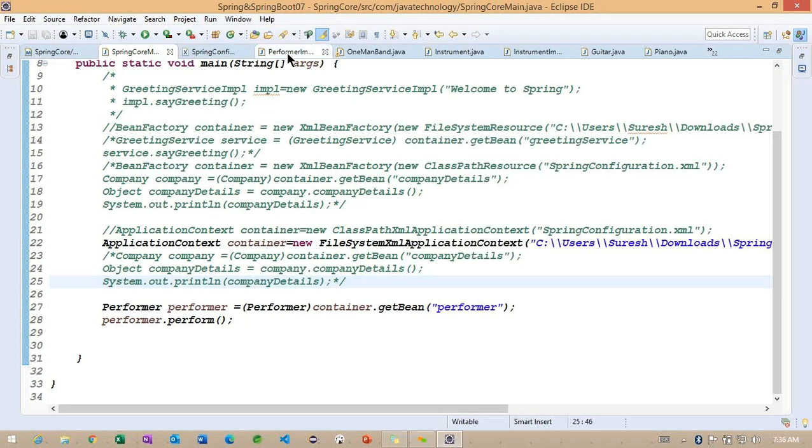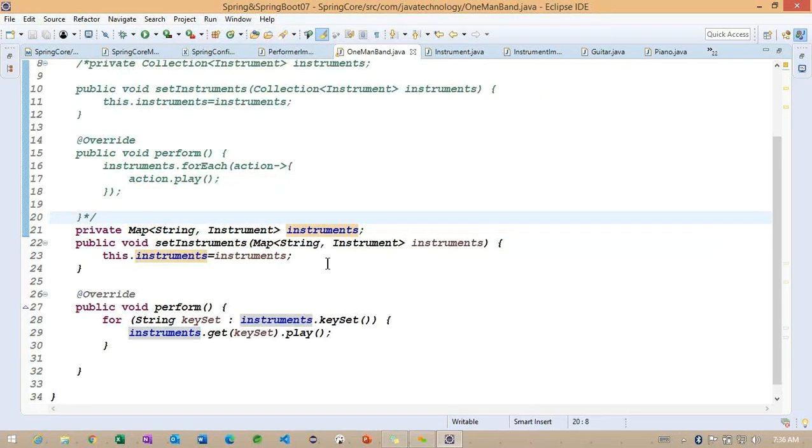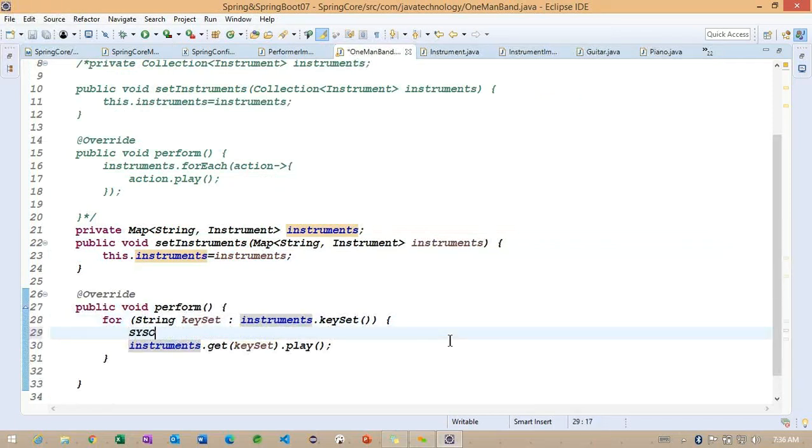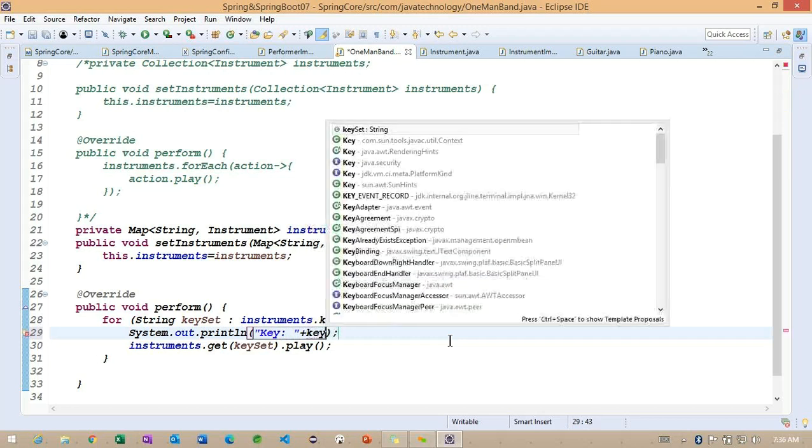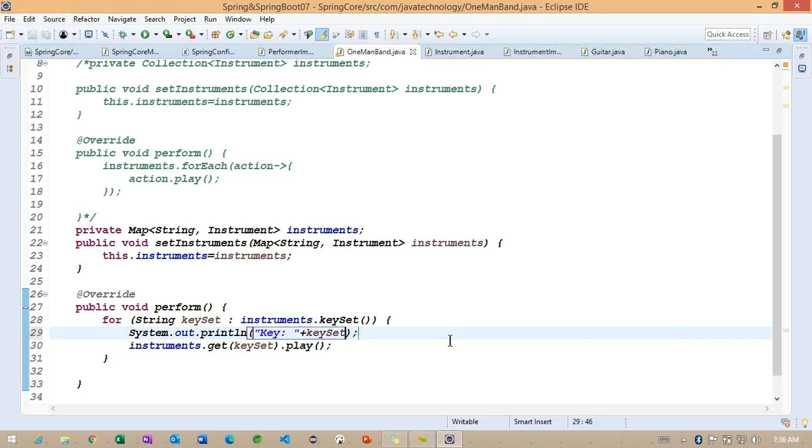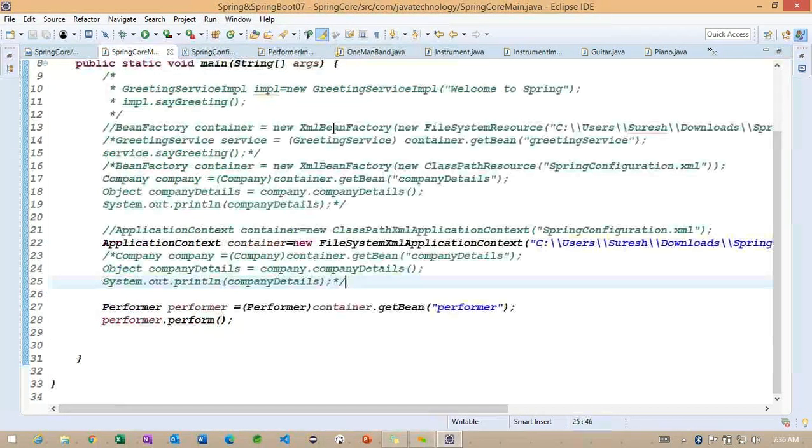Getting the point? To print this map related information, and to check whether the keys we get are the same or not, we will print the key related information using keySet. Go back to here.